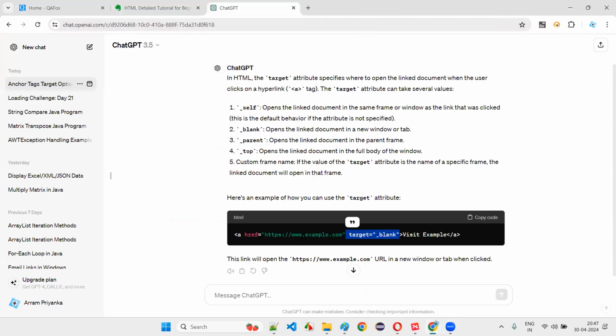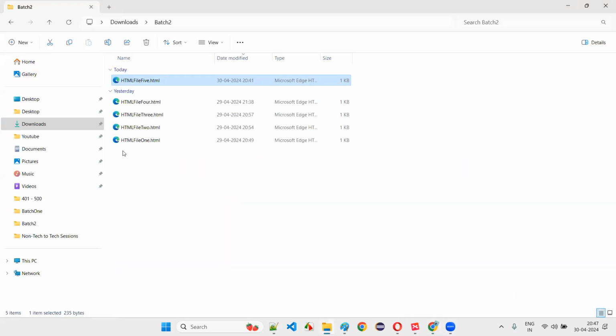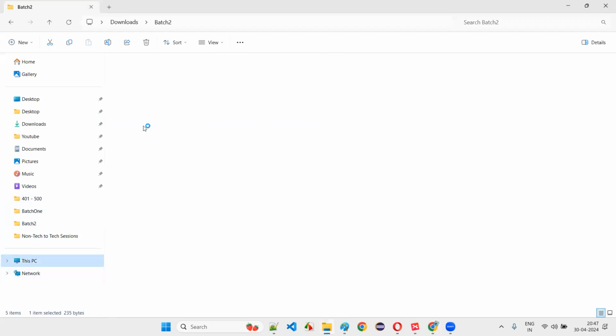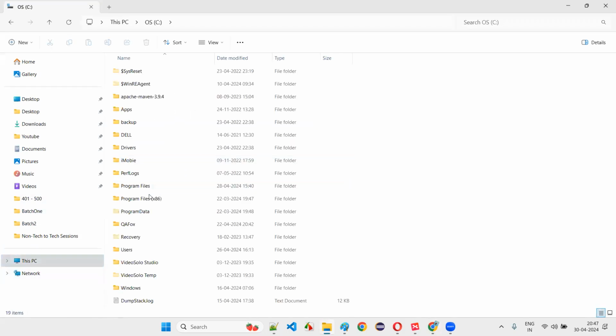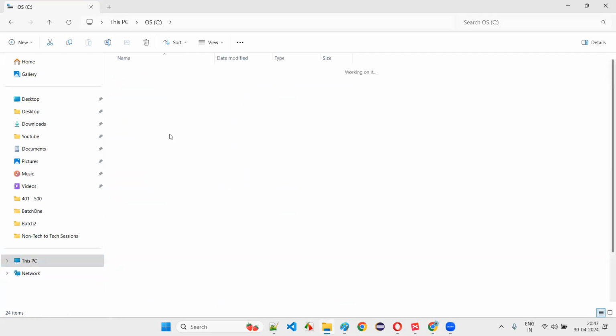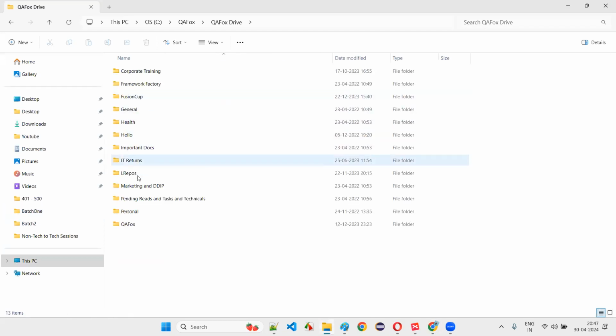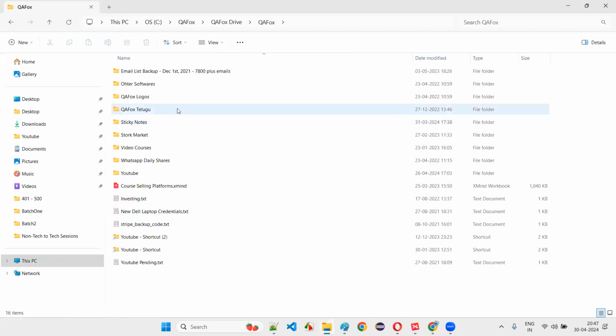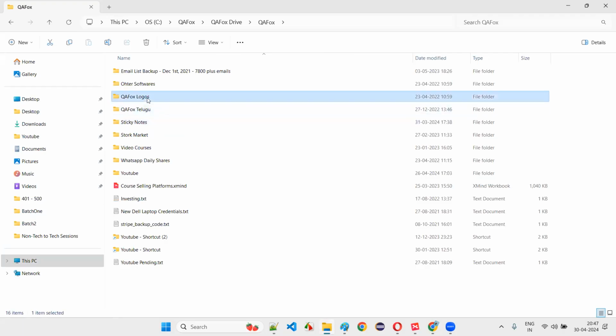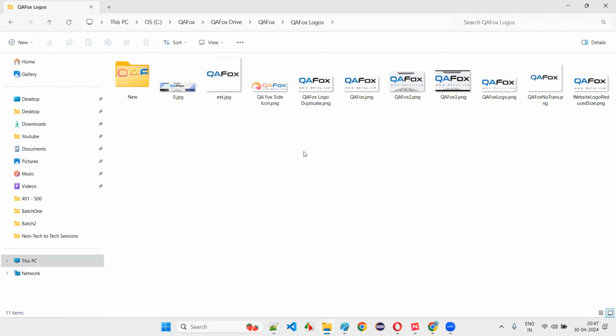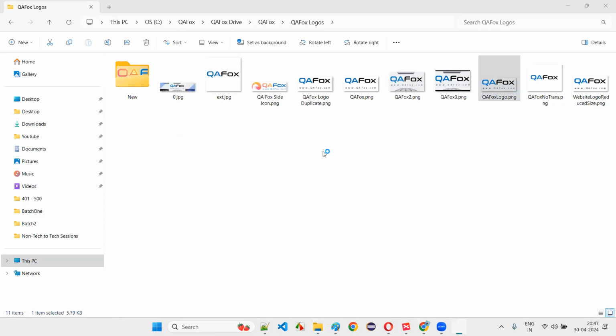So what is the meaning of the pixel? I'll tell you. You'll understand the purpose of the pixels here. I'll take you to one location and show you some examples of what will happen with the help of the pixels. Just give me a second. I'll take you to one location where I have some different images. Okay, let's go with this image.